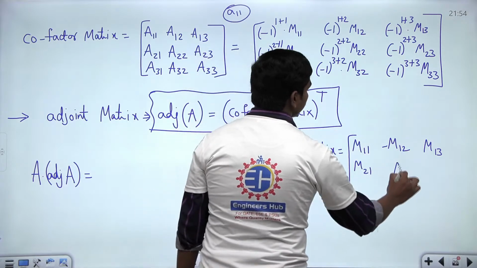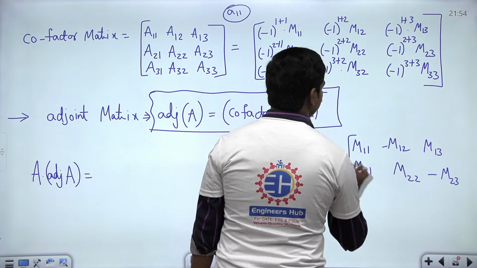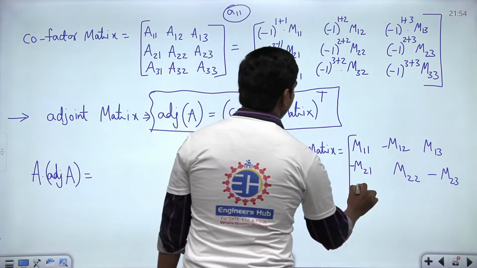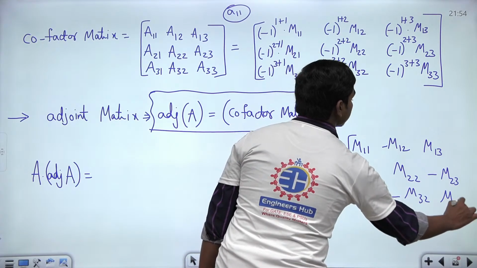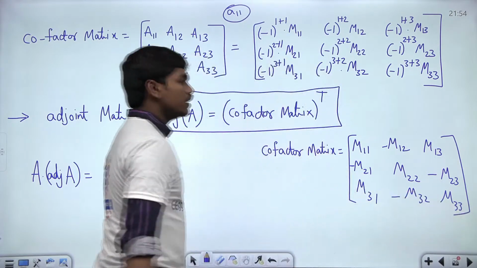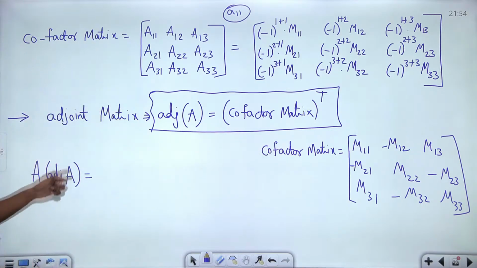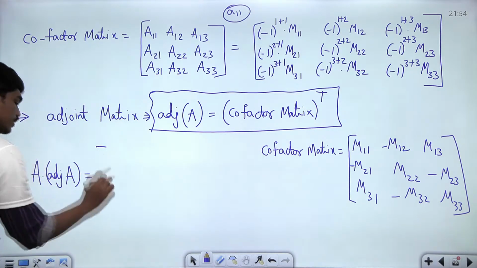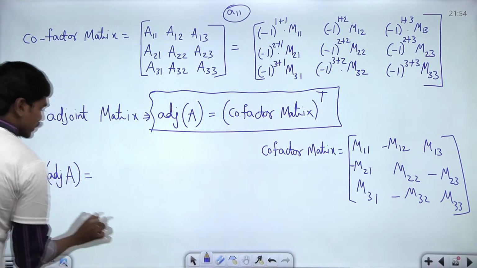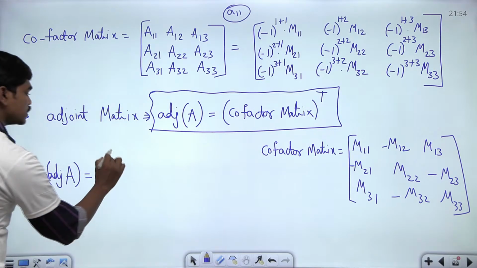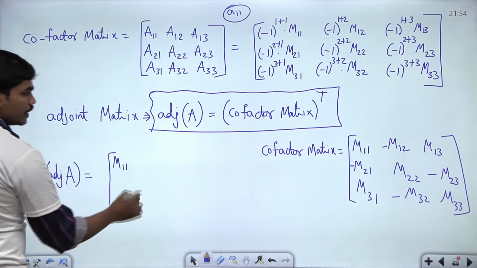M21 and of course we have M22 and minus M23, and I think there should come a minus sign here before this. Okay, so M31, minus M32 and of course M33. This is what we have. Correct? This is nothing but the cofactor matrix. So can we write the transpose of this cofactor matrix is the adjoint matrix. So can we write this adjoint matrix as, first of all let us put only adjoint. Okay. So can we write adjoint of this matrix as transpose of the cofactor matrix which is M11, next minus